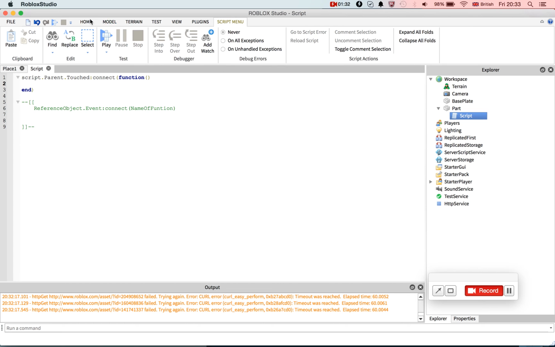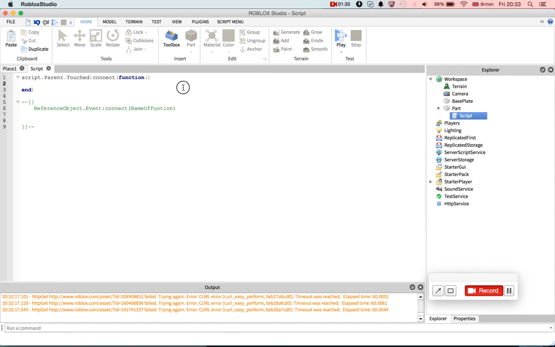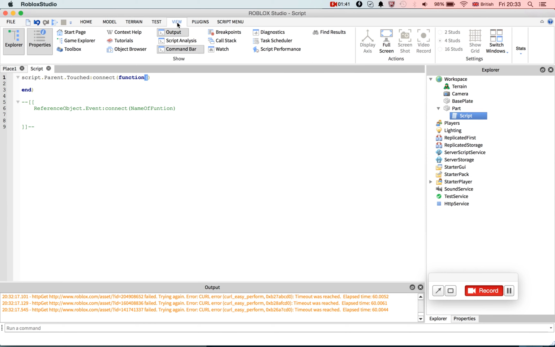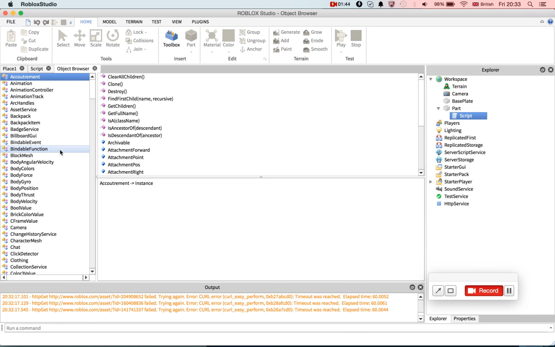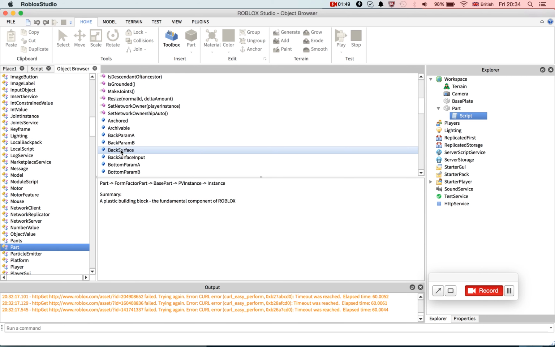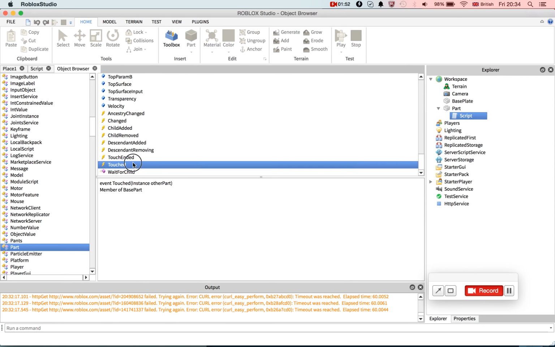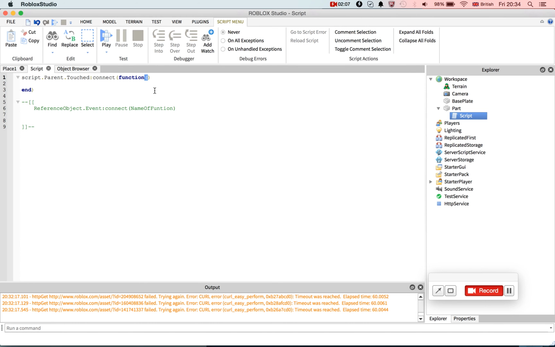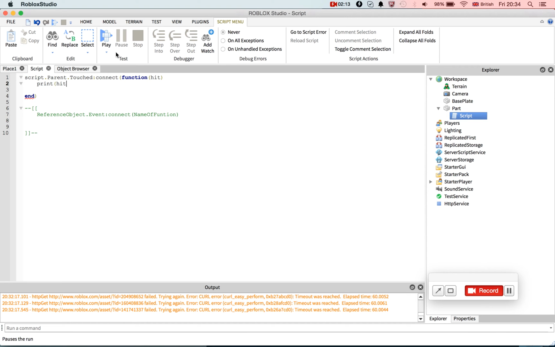So, if we go to the object browser, I'm now going to explain to you why we always have to have these brackets here. If we go to the object browser, which is in View, Object Browser, we go to Part, just type P on your keyboard, find Part, find the touched event. So, instance other part. And now what this means is it will return the other part, or return what hit it. So for example, if we put hit here, when print hit, okay,